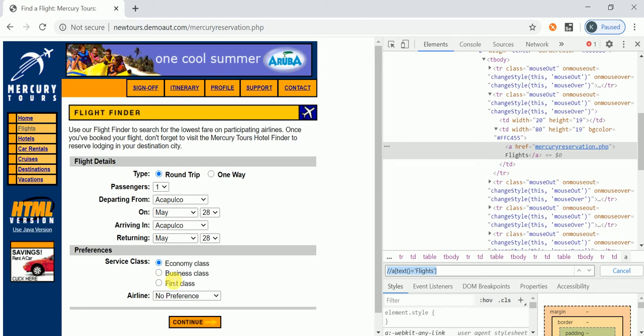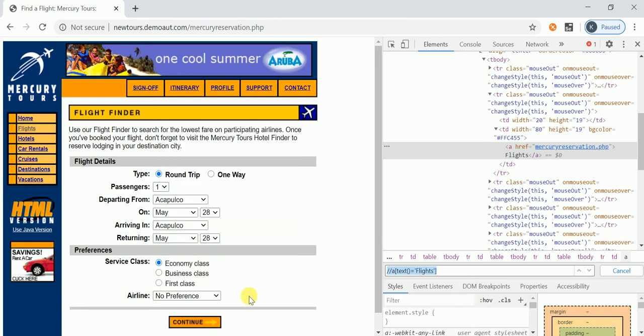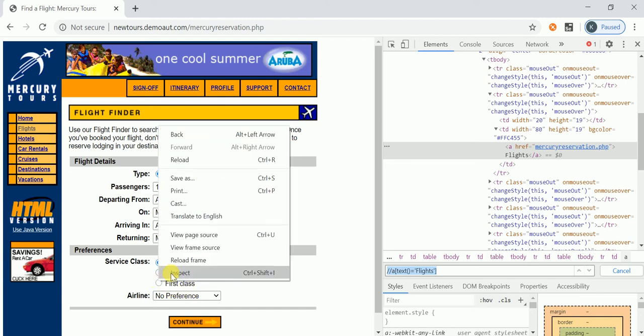Now my requirement is I want to select the third one. So how can you do that? Please understand, each and every element's index starts from 0. 3 elements are there. First index is 0, second index is 1, third index is 2. I want to select the third one. Let me inspect it.